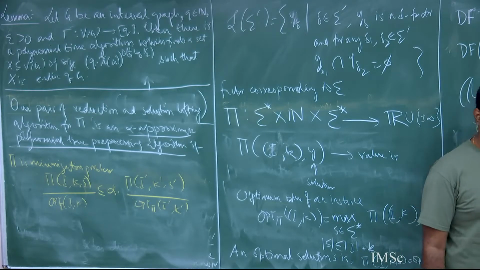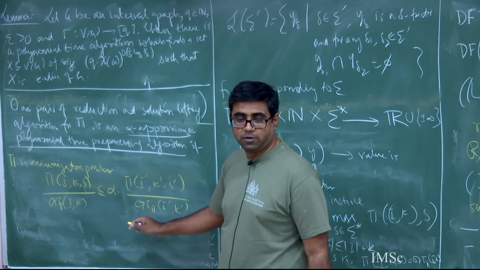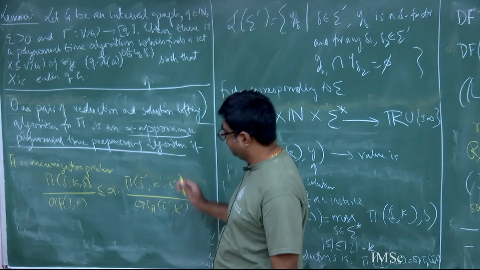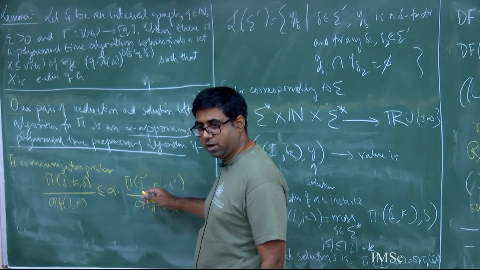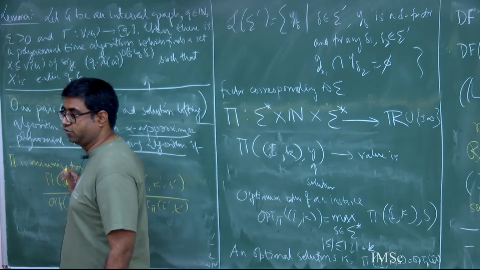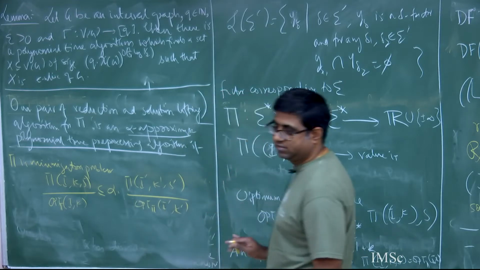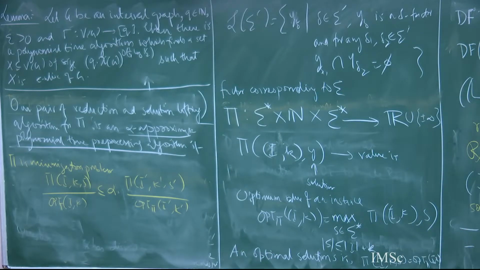Now if I had a pi prime, then I should define it with opt of pi prime, because if that is a factor approximation, that will translate into alpha times that approximation for the original instance, right. That's all that I'm saying, but we'll stick to the same problem for now, okay. So this is what it means to be